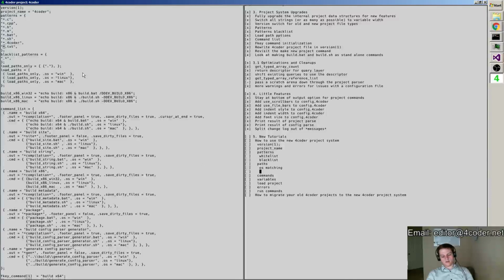Right, so then there's relative versus absolute paths, and there's recursive paths. Under commands, we need to talk about the